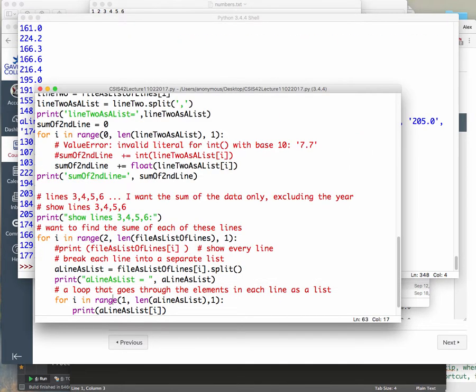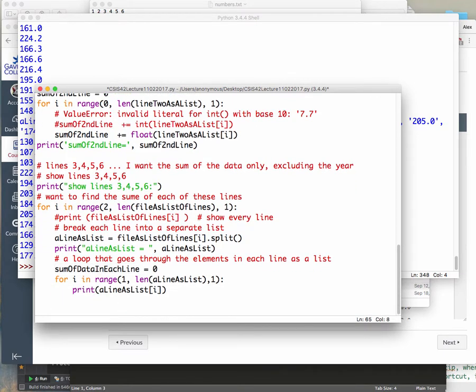So at this point, I'm going to make a sum of data in each line, long variable name or whatever. I'm going to copy paste it. Instead of showing these things that I did, I am going to do plus equals and a line list at index i. And then if I wanted to, at the end of each of these, I can print